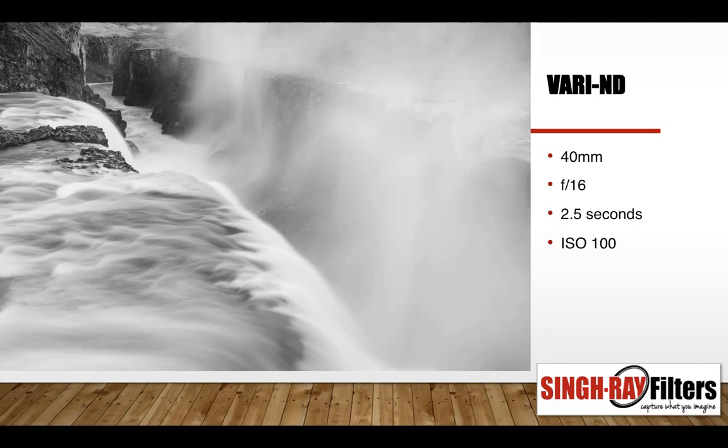Like with the variable ND filter, I'll start with 2 stops, but do I need to leave it at 2 stops? Or do I need to dial in some more density so that I can slow the shutter speed down? The other way to look at it, and this comes with experience, is when I look at the scene, I think I need maybe a 10-second exposure or a 20-second exposure to make it really smooth. If that's what I want to go for, then I'll keep that in mind while I start to put my settings in.